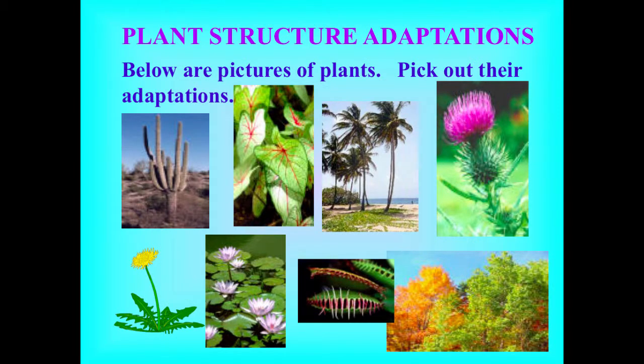So I want you to look at all the structure adaptations below, and I want you to pick out a couple. So let's start with the cactus. We know that cacti are known for growing in the desert. And what is the desert famous for? Lack of water. We know they have plenty of sunlight, so why don't they have big, broad green leaves like some of the plants in the tropical areas do? Well, because they have such a lack of water that transpiration, which is the loss of water through a plant, would occur. Cactus cannot afford to lose water at any time.